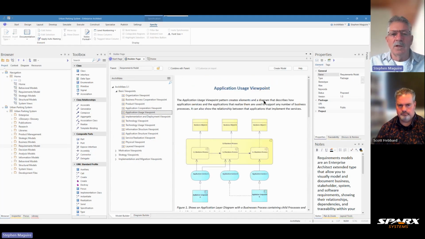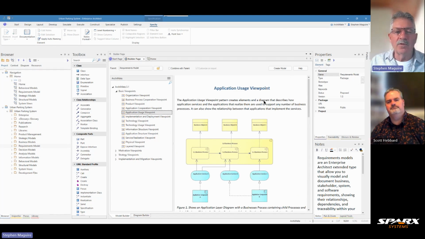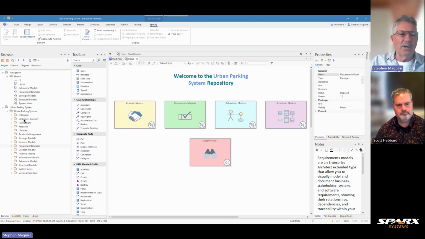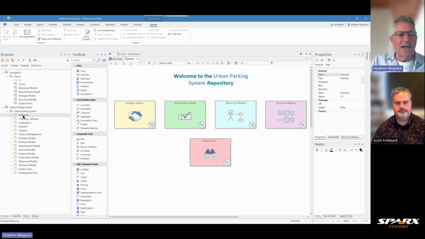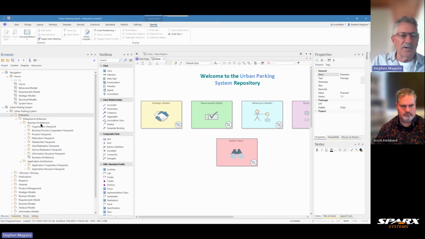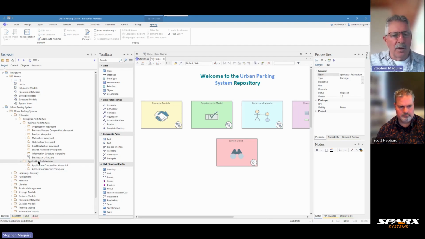Scott, as always, I like to do things from first principles. So I'm going to close the builder page and start with a blank canvas. So I'll close that. I go over to my repository and I'm looking for a place to put these. So I'm going to click on the enterprise node there, and you can see that that opens up the enterprise architecture, business architecture, and application architecture there. So what I'm going to do is select that one, and I'm going to